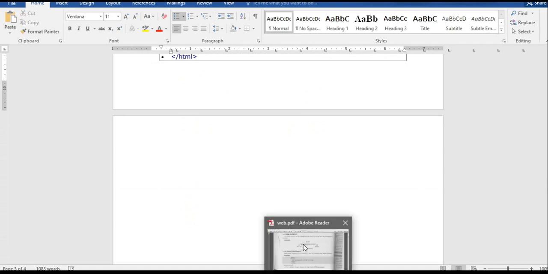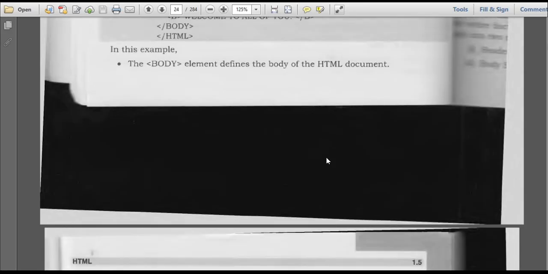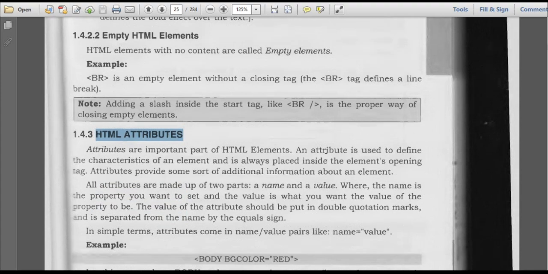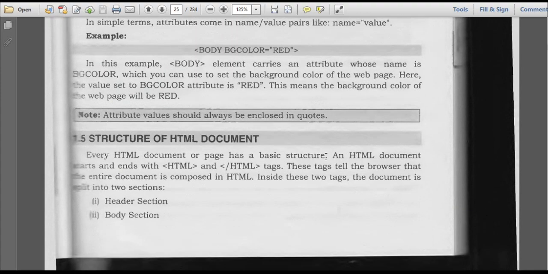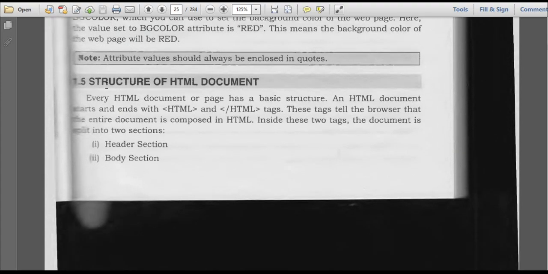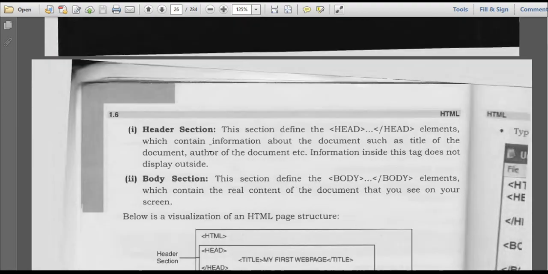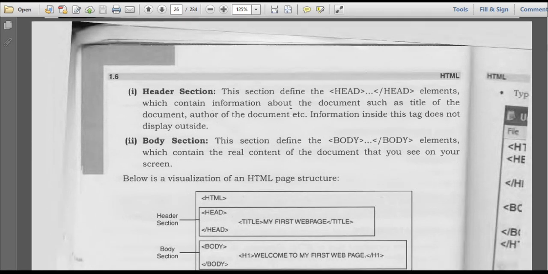Next, we have already discussed HTML elements and HTML attributes. In the last class we discussed the structure of an HTML document, right? So there we have the head section and the body section. The head section is defined within the head opening tag and head closing tag, with elements which contain information about the document.